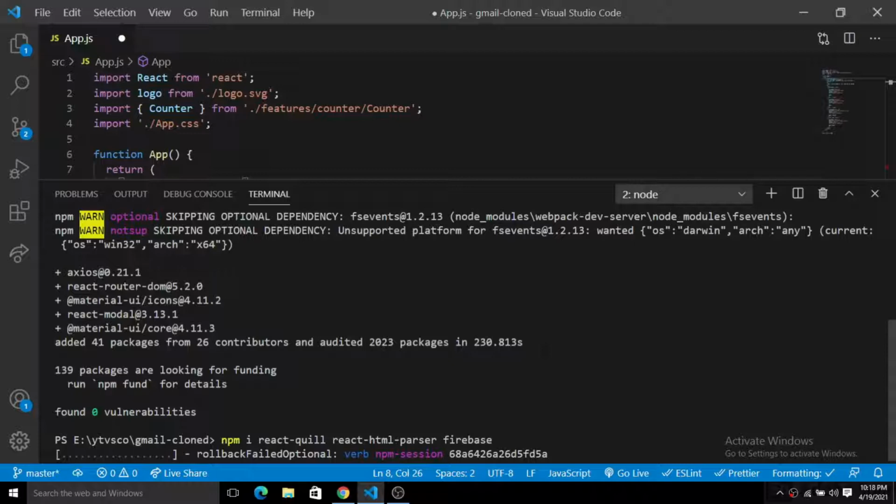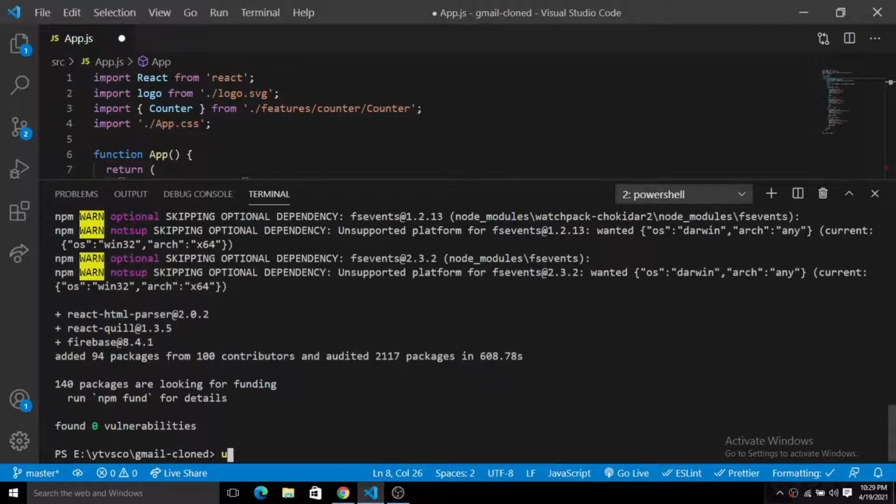So that's it in the installation of the dependencies for the front end. We will install all the dependencies for the back end later in the part of this build. Okay, so here we have these things installing. So let it install first of all, and then we will start to build this application, right? We are done with installing the whole set of dependencies right now. We have installed React HTML parser, Firebase, and React Quill, right? So we are done with all the dependencies that we require to build this application.